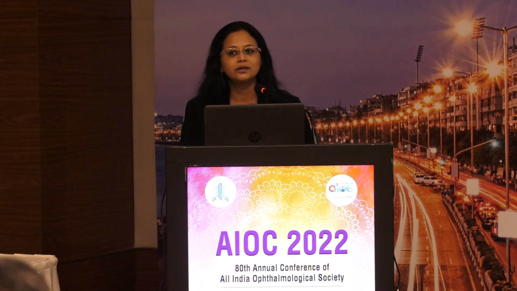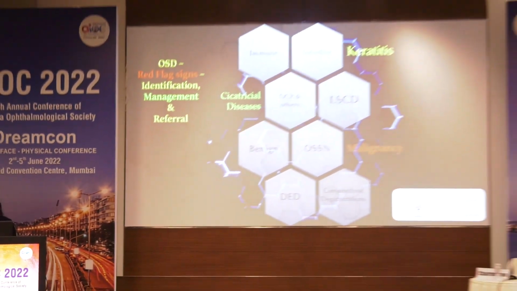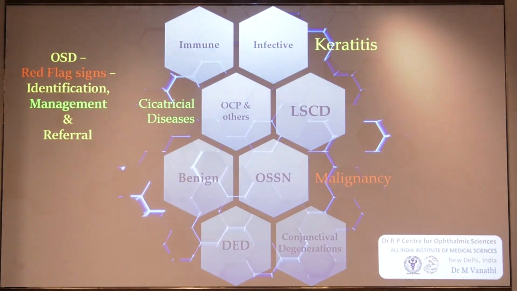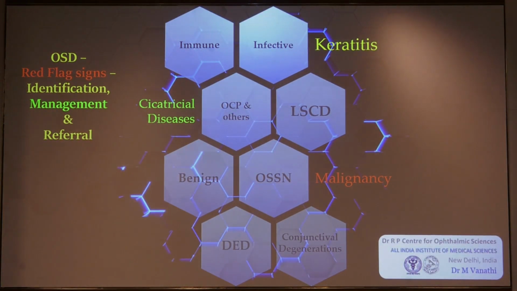When you look at ocular surface diseases, you can broadly categorize them into inflammatory or infective lesions of the ocular surface. They could be due to cicatricial diseases, like OCP, SJS, or secondary to limbal stem cell deficiencies. They can be because of malignancies, either benign or malignant neoplasias. And of course, what you would commonly see is degenerative diseases affecting the ocular surface, the dry eye disease,